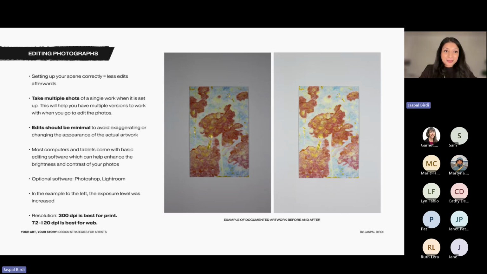Because I did this step, edits should be minimal to avoid exaggerating or changing the appearance of the actual artwork. So with the example you see on the right, all I did was increase the exposure level. So that's all that's happening in this photograph to represent that artwork. I'm not enhancing the colors in any way because that would distort the actual colors from the actual artwork in